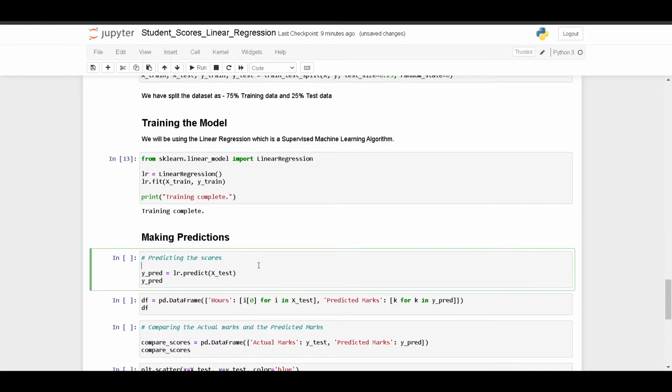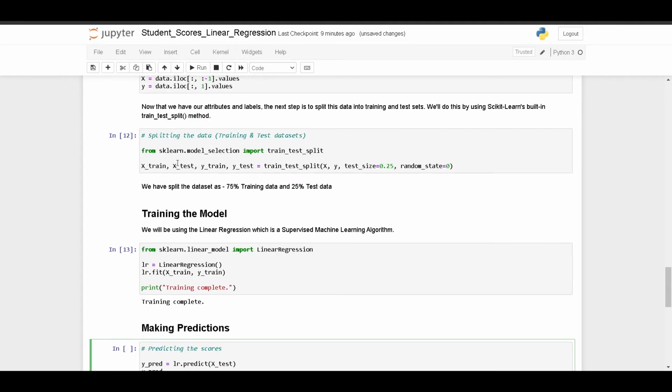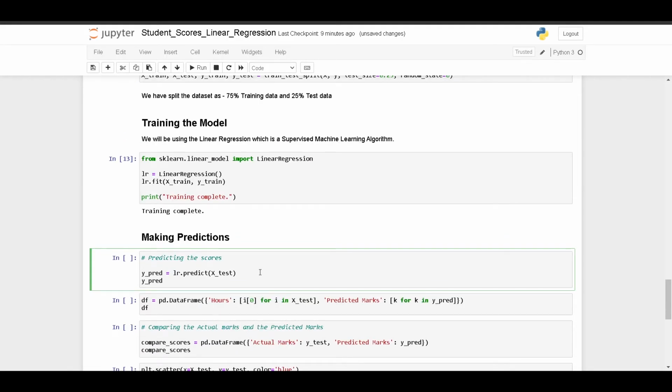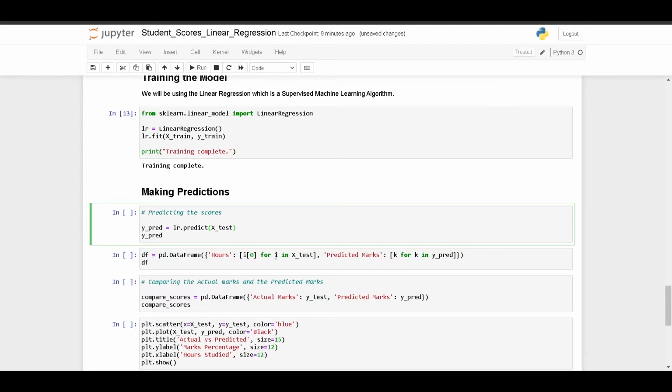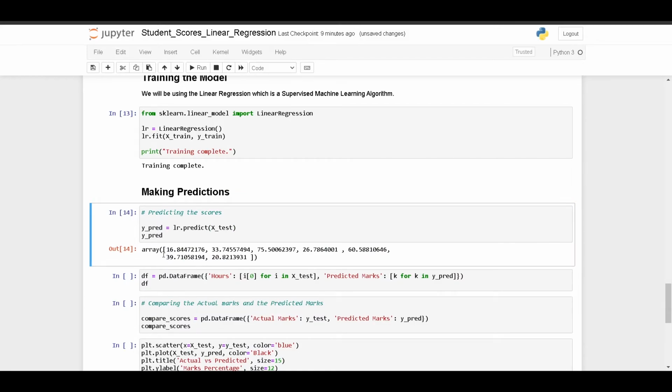So we are using the .predict function on X_test. Remember I told you that X_test is the inputs of the test data set. So we'll be using that to predict y_test, that is the scores. Yeah, it has given us an array as an output with the predicted scores.